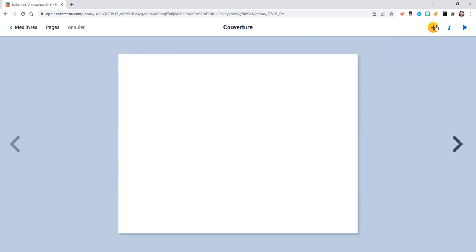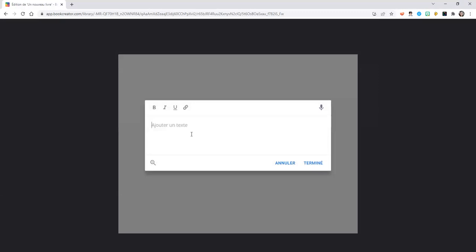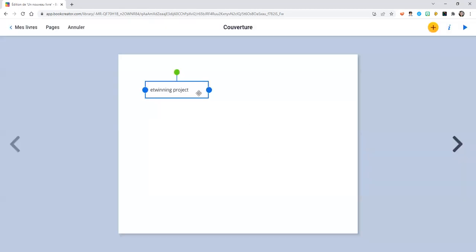So for example, let's say here I would like to choose a title. I move to text, and let's choose. It's, as I said, just a short tutorial. Let's say a twinning project. We will not use this book, just to show you as a demonstration. I finish. You see, I just click in here. When I see the blue square, okay, I can go back